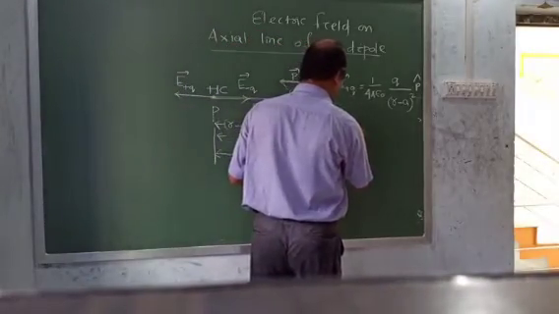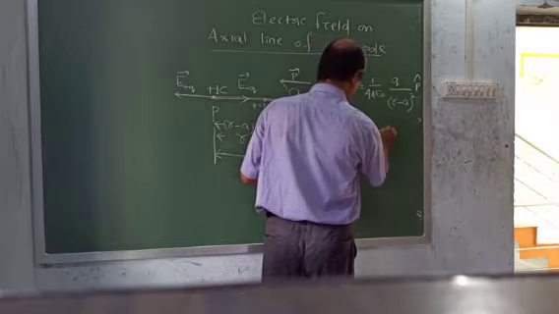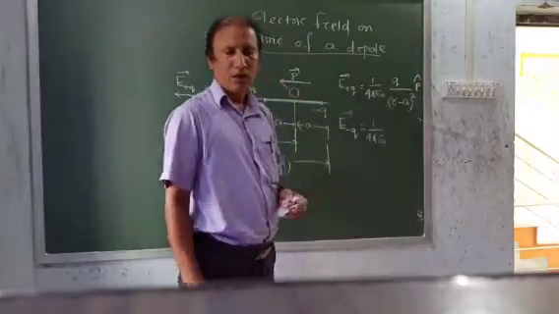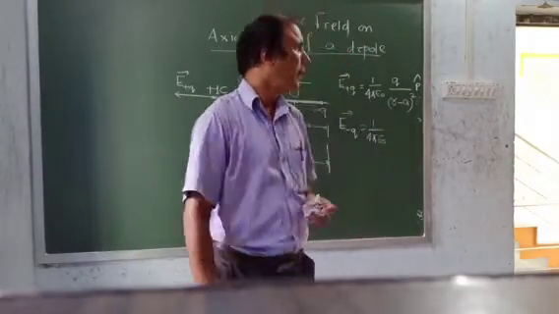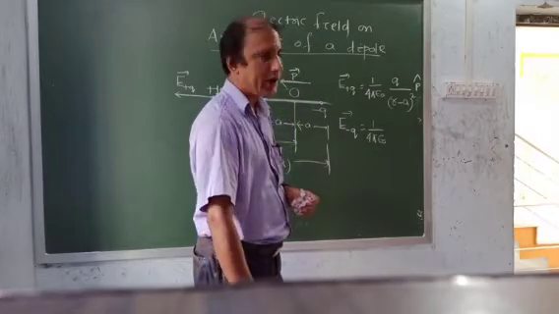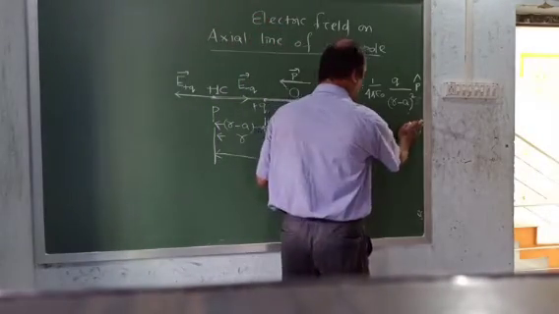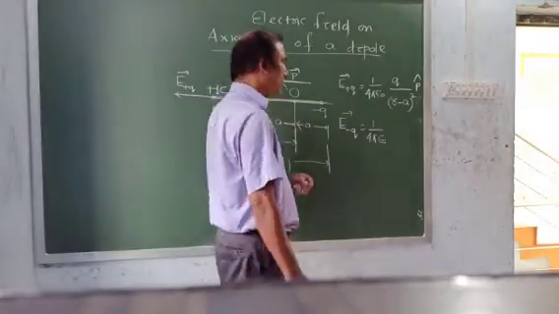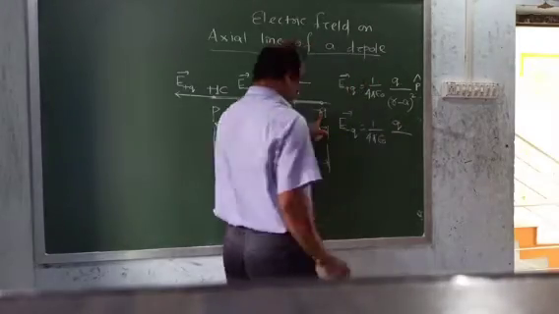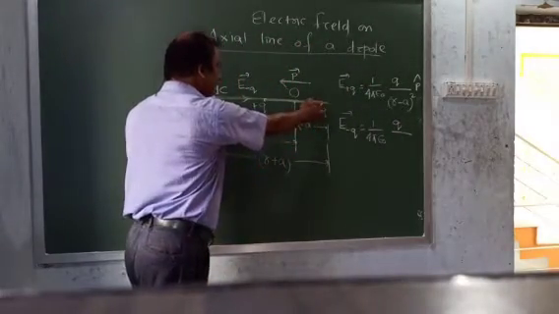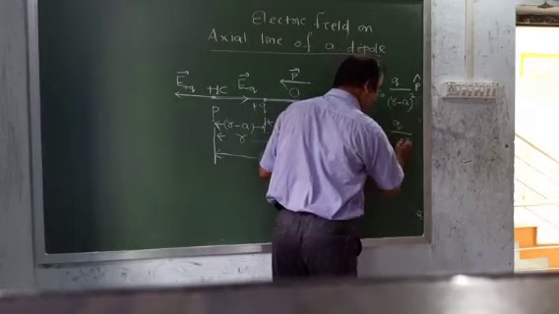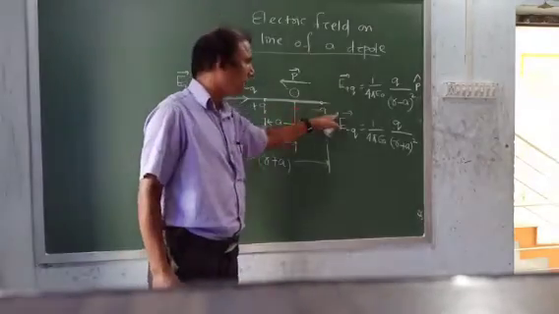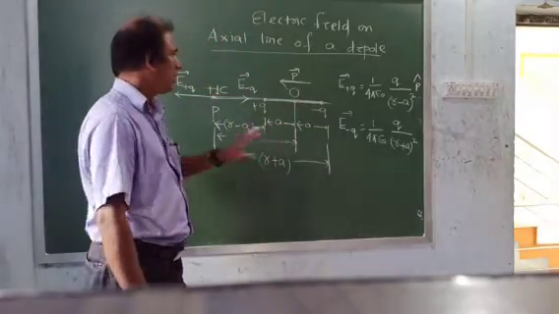Then what will be E of minus q? Similarly it will be 1 by 4 pi epsilon naught times the charge. Always remember while writing force or field, don't take the sign of the charge, don't take the polarity. Ignore the polarity always. In questions, the sign of the charge is not included while finding field or force. So it will be q divided by the square of the distance, which is r plus a. So q upon r plus a whole square. And its direction, because we are writing in vector form, we have to give the direction.